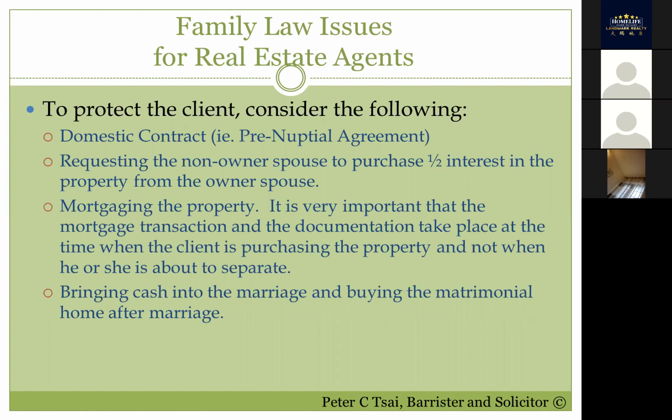Okay, I'm just protecting myself if they separate. That's right. So you can have a mortgage from your son back, and then you have to have all the proper documentation. You have to show that the $1 million came from your bank account, so you have to show that it's a real mortgage. It's not just documentation that's made up to defeat the wife's claim. You have to show that the $1 million came straight from your bank account, went to the son to buy the property, and then you have to have a mortgage. But it should be done at the time when your son is buying the property and not at the time of separation.